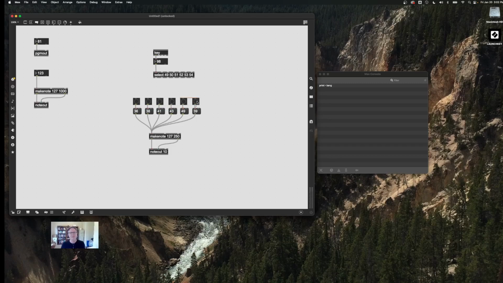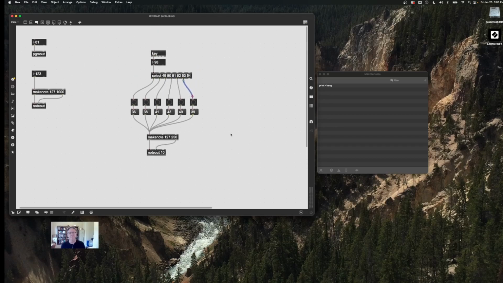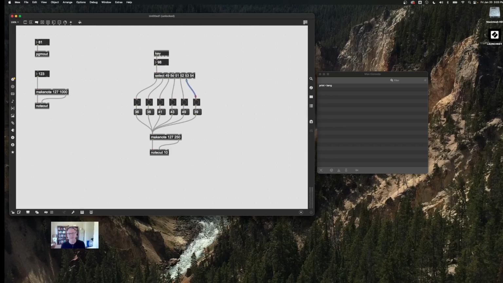Now, the corresponding outlet of select. So if it matches 49, it's going to play the bass drum. 50, it's going to play the snare. 51, the high tom, the low tom, the cymbal, and the clap. And there's always one extra outlet more than your list, because if the input comes in and doesn't match any of these values, it'll be output unchanged. So have this all together, and this is corresponding to keys on my keyboard 1, 2, 3, 4, 5, and 6. Can lock the patch, and now